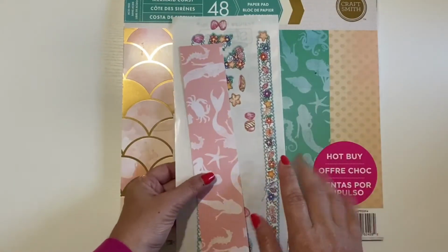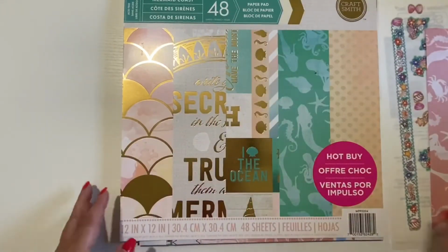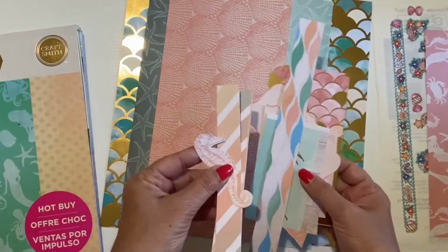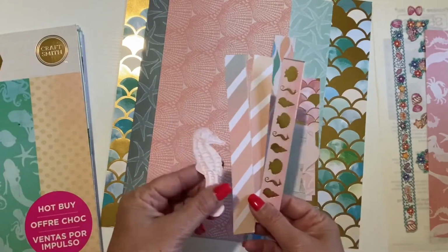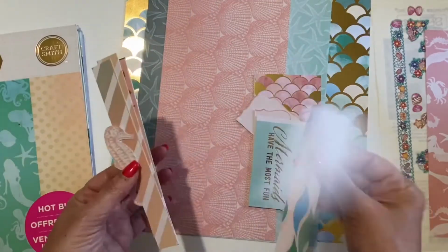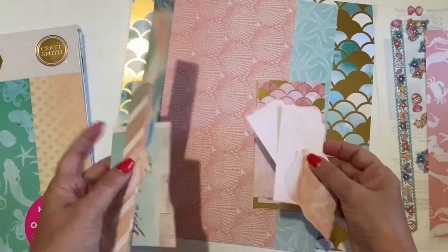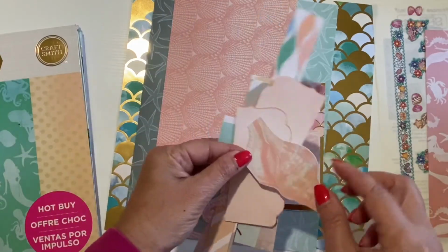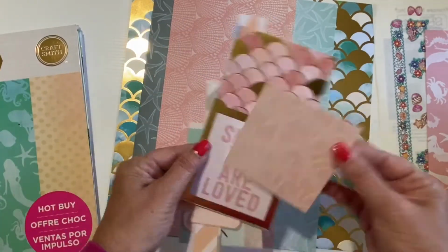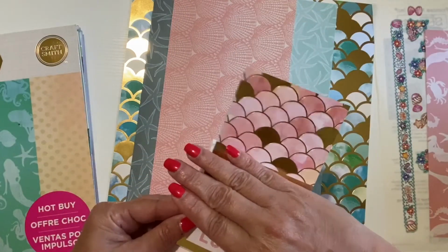So I base my paper choices on this. I have a lot of pink, if you notice on the shelves, and a little bit of that aqua. So this is what I chose. A lot of the embellishments that I have left over from the die cut page are mostly in that pink coral color. I think I had 2 strips of this left over, so I don't know, maybe. And then I just picked things that I thought maybe I would use as a title. I have these. I have a little shell that's missing the point, but I can tuck that somewhere. Then I have this. That'll be cute. I don't like that, but I was thinking that part, wouldn't that be cute to tuck in behind a picture